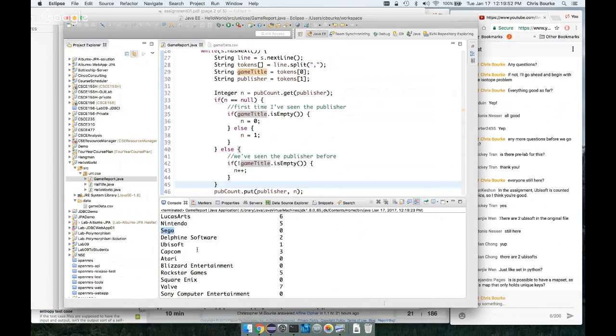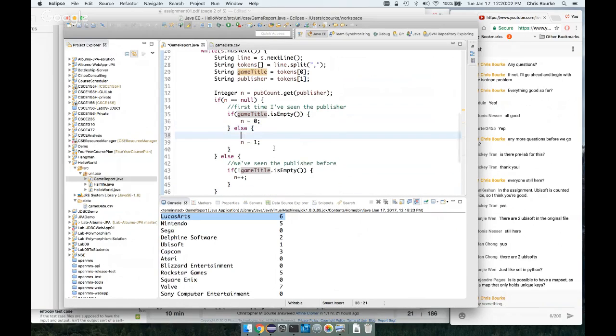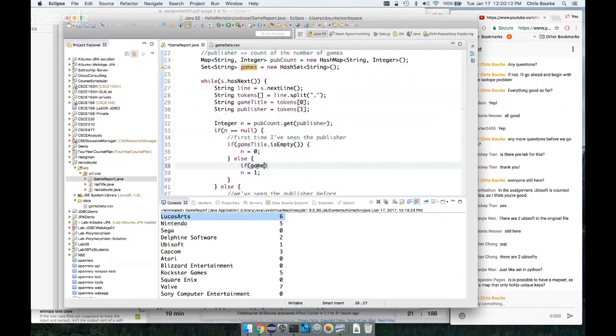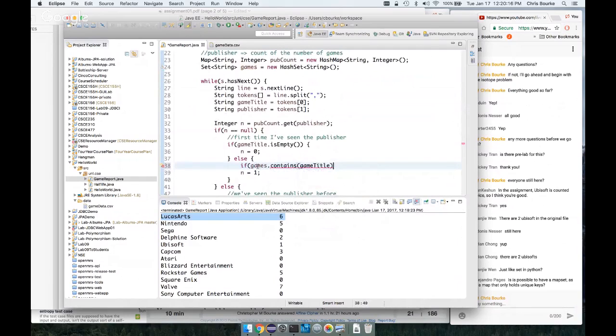All right, so the last thing that we're going to do here is fix this issue with LucasArts. We need to see whether or not the game has been encountered before. So if it's empty, we're not going to do anything. Who cares? Otherwise, if it's not empty, we need to see whether or not we've encountered this game before. And I used games up here, right? So if games.contains the game title, right,